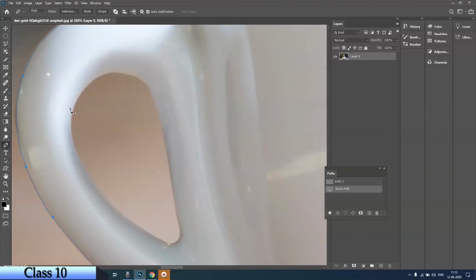Now I'll select this portion also, and while selecting I have to exclude the overlapping portion. So I have taken that option and start working on the edges. Okay, I want the portion to be hollow from the thumb hold.